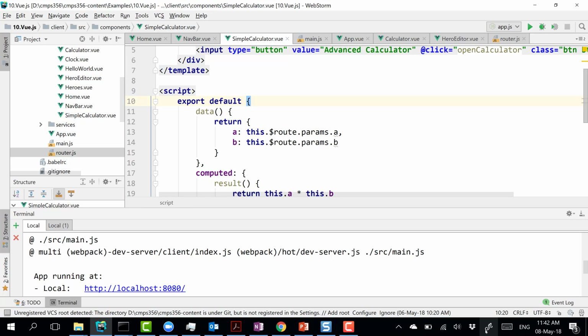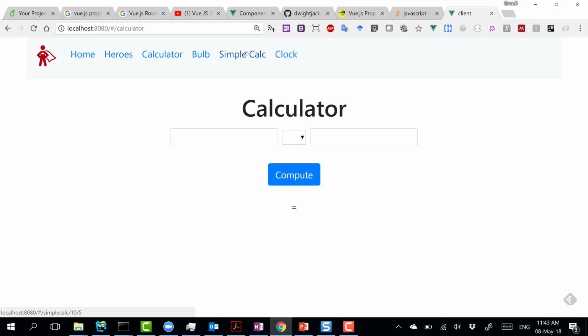How does it get access to the router? Using this built-in object that will magically be injected by Vue.js. And from that built-in object, you can get the parameters passed to this component. So you can pass parameters to a component through the URL. If you look here, this link will be going to simple calculator with two parameters, 10 for A and 5 for B. So if I click here,